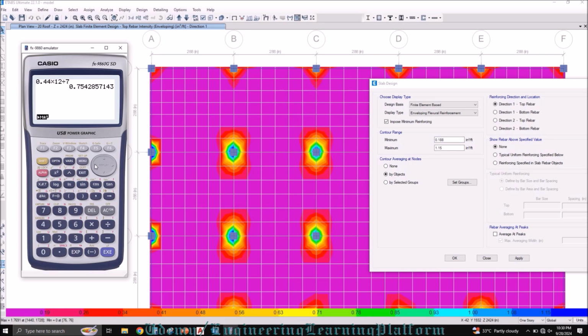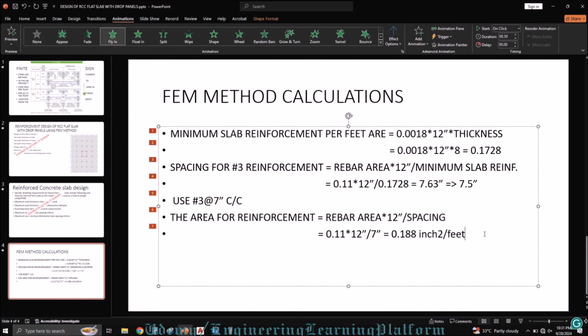Please note that since the mesh reinforcement is already present in this location, you have to add the mesh reinforcement as well. Okay, it is still less than this one. So I'll go to number 7 extra bar. Number 7 has an area of 0.6 inch square. So number 7 at 7 inches plus number 3 at 7 inches is satisfying the requirements above this top panel. So for the extra reinforcement, our calculation is